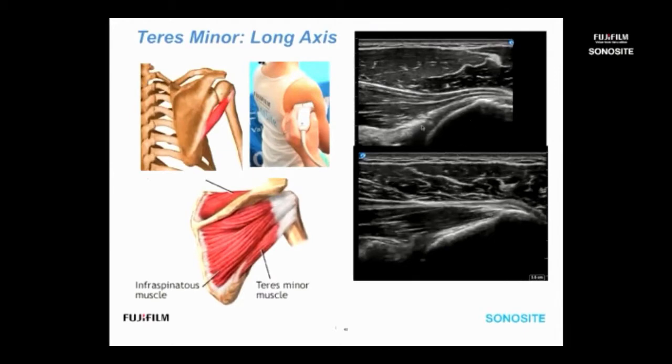So with internal rotation, you get this really nice feather-shaped muscle. For a joint injection, for example, this is a great place to land your needle, not under the infraspinatus because of that real hard pop that you would get with that large central tendon. So if you could find the muscle bellies of either the teres minor or the inferior muscle belly of the infraspinatus, your needle will slip right through the muscle easier without that hard pop. And because we're using ultrasound guidance, the need for loss of resistance technique in injection is much less. But we're just taking a look at the very much more inferior teres minor here in long axis,